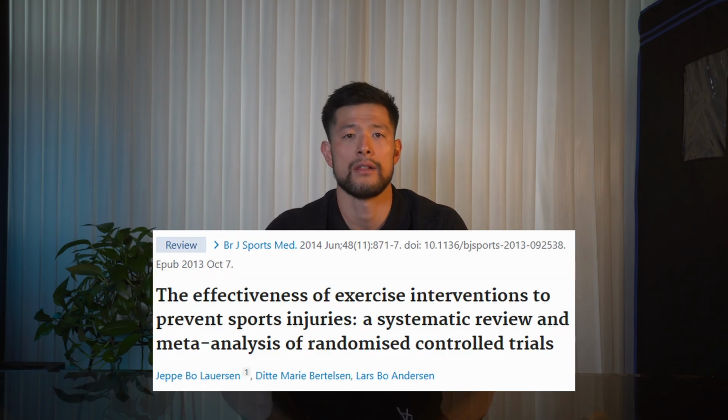Building robustness in athletes through strength training is not new and has been studied in other sports. A 2013 meta-analysis conducted by Lauersen, Bertelsen, and Andersen analyzed 25 trials and over 26,000 participants from varying sports. The authors concluded that strength training reduced all sports-related injuries by a third, and overuse injuries may have been cut in half. With such compelling data, dryland training should be considered a low-hanging fruit as it pertains to injury risk